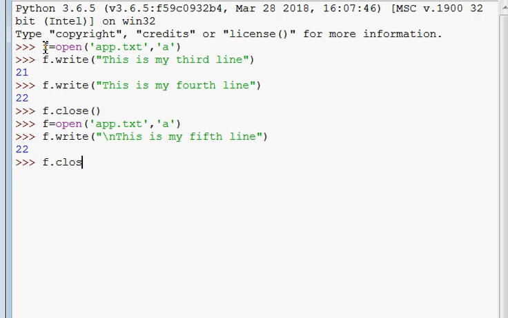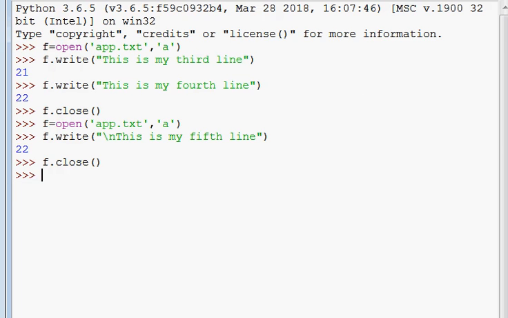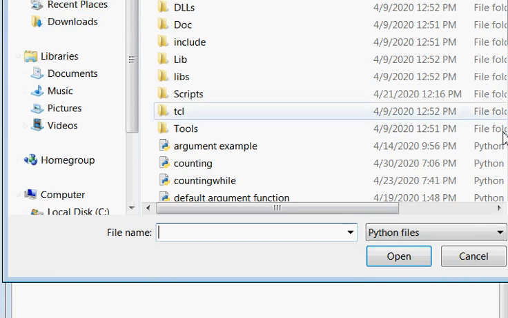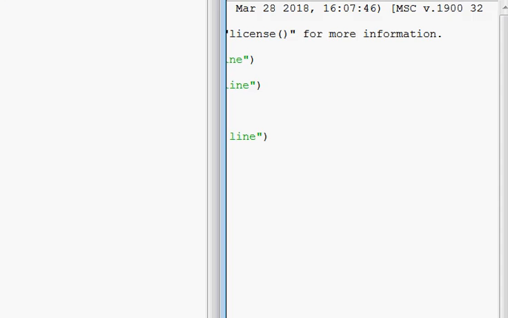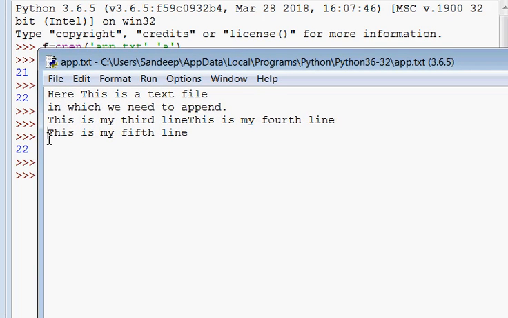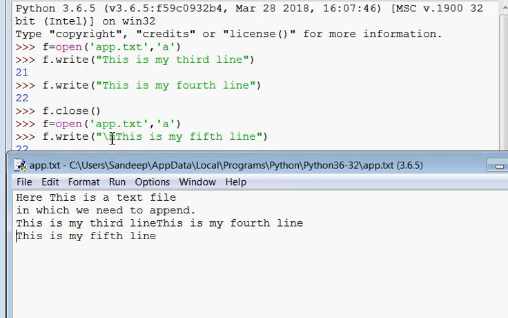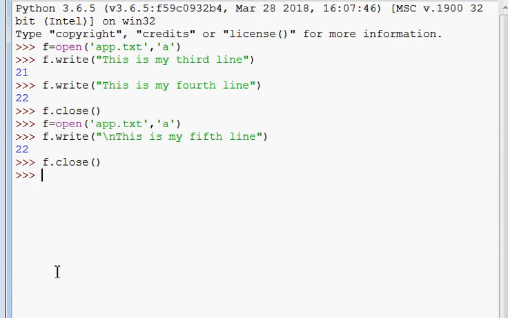So in the same way f.close, if you say f.close here, then now if you open this file, this is your file. अब यहाँ पे जो 5th line आई है वो enter लग के आई है, because मैंने जो write में starting में क्या कहा, \n means पहले print होने से पहले क्या हो, वहां पे एक enter लगे और फिर आपका message या जो भी data, line है, वो आपकी तब print हो वहां पे. In this way you can write multiple lines in your file.